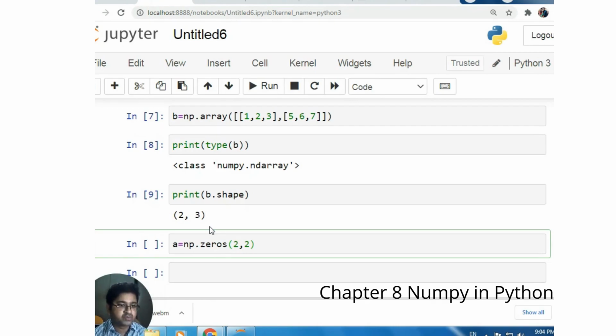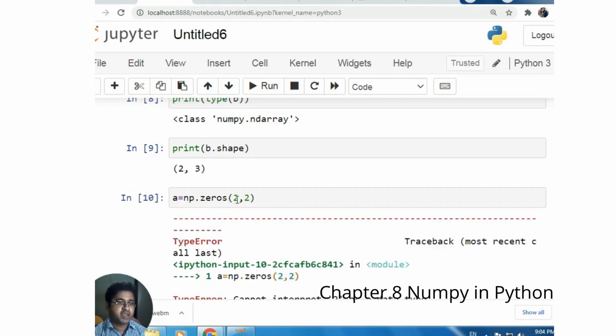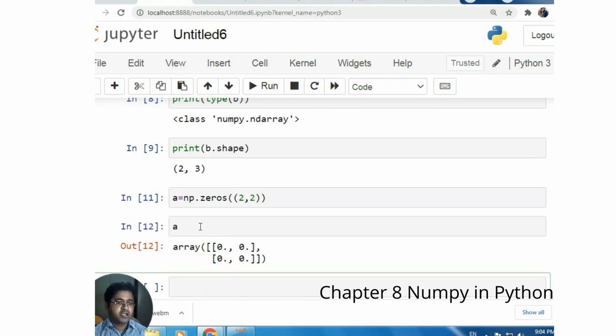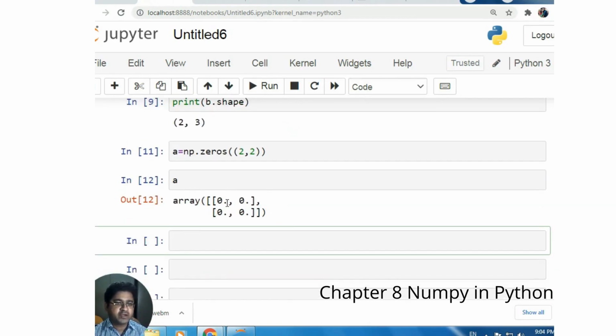Why the dot here? Because it is a dot element, and an element-wise matrix is going to be represented. So it is np dot ones with 2 comma 3, 2 rows and 3 columns, and it is going to print ones everywhere. How do we assign the variable a? That is not represented by dot, it is represented by the assignment operator, is equal to.